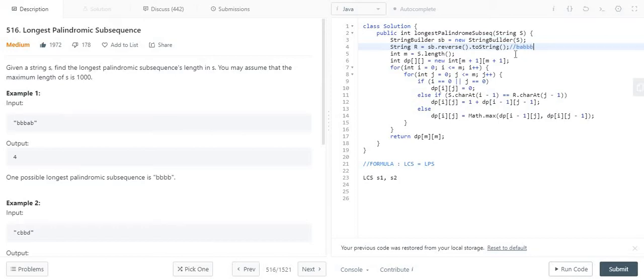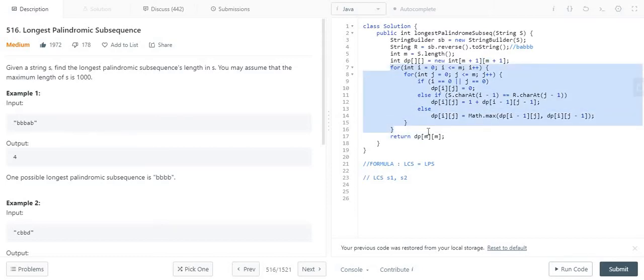This is the reverse of the string. Now the third line simply calculates the length of the string, and accordingly we form the DP over here, of size m plus 1 by m plus 1. It's a two-dimensional DP. Now here is the base logic for this algorithm.